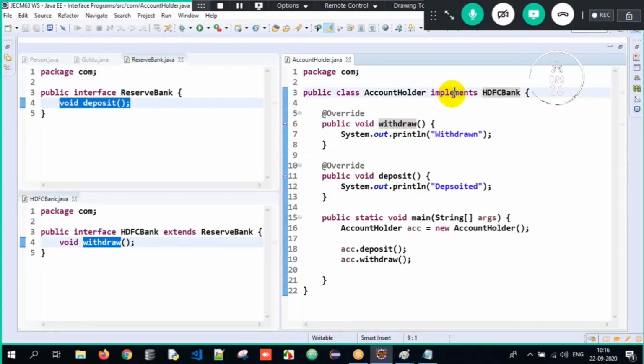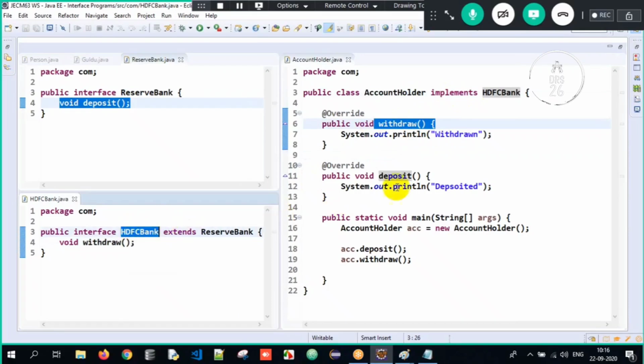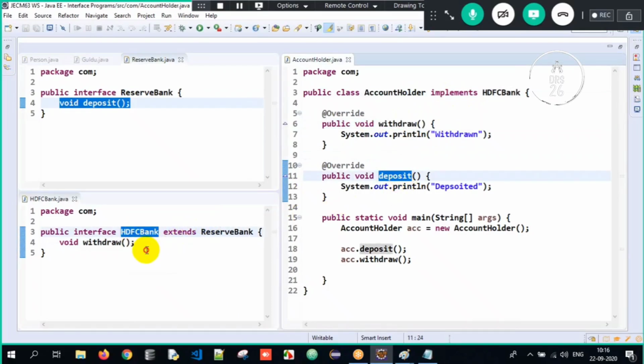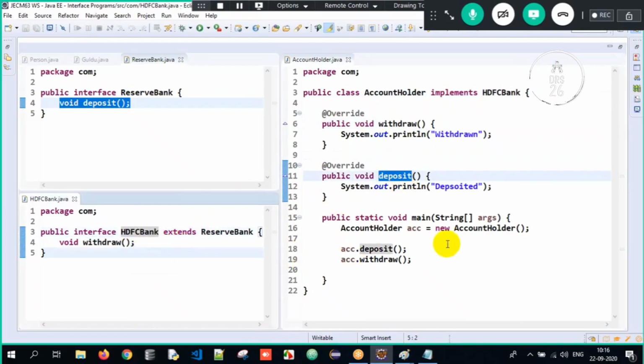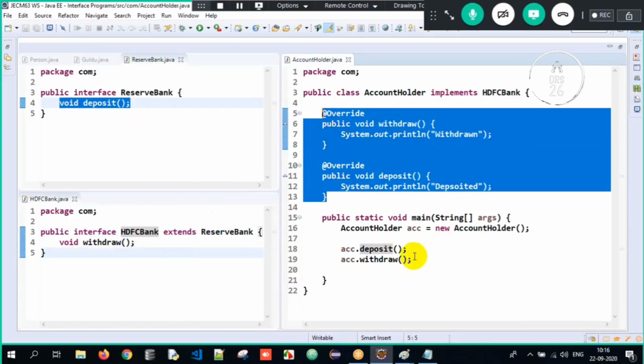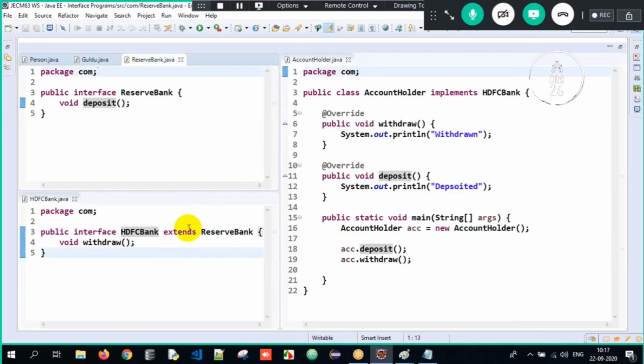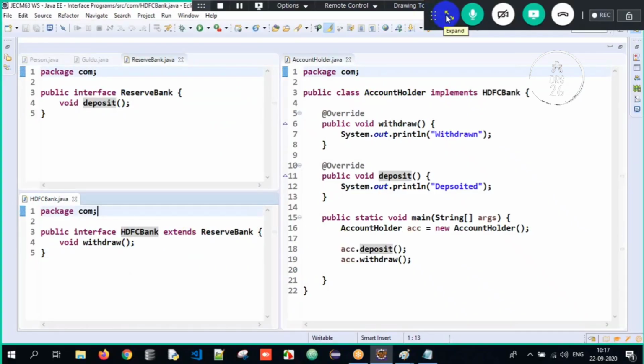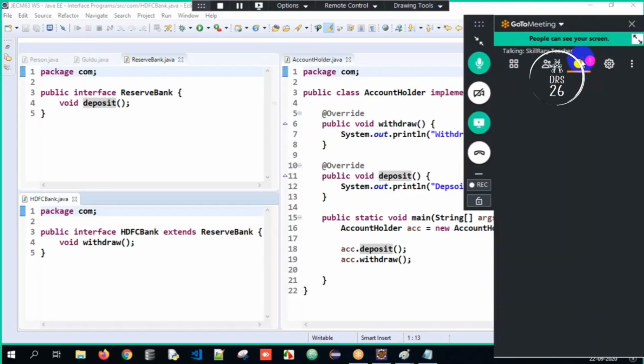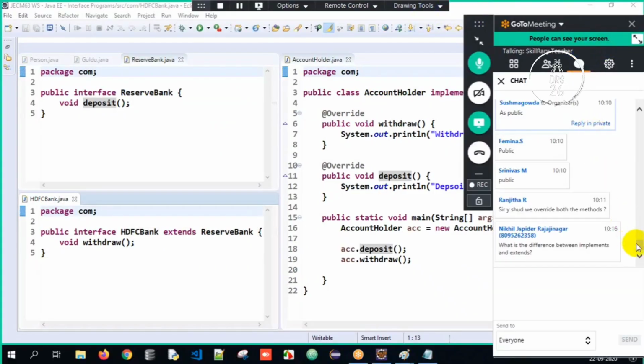Therefore, when account holder implements HDFC Bank, I need to override both methods. Got it? Now I hope you got the clarity. Clear? Great.